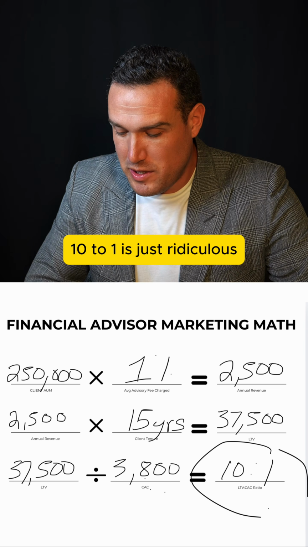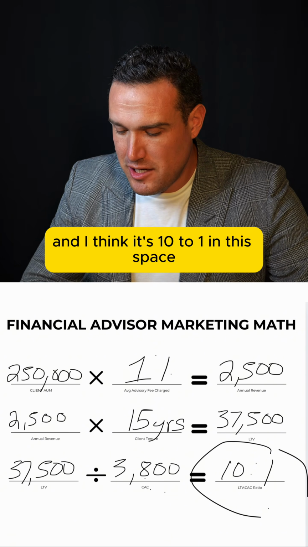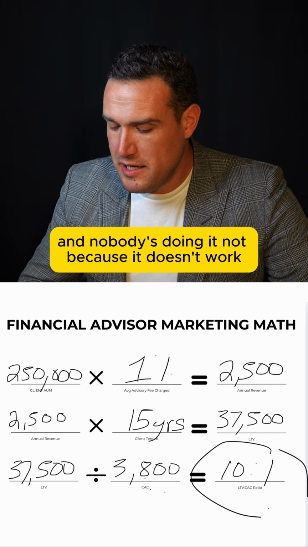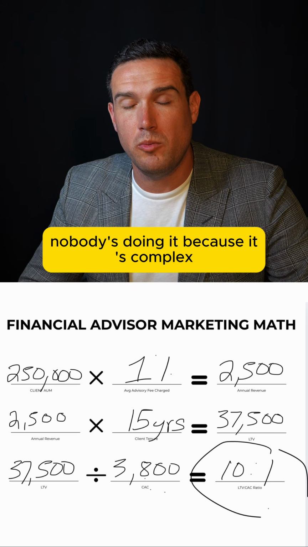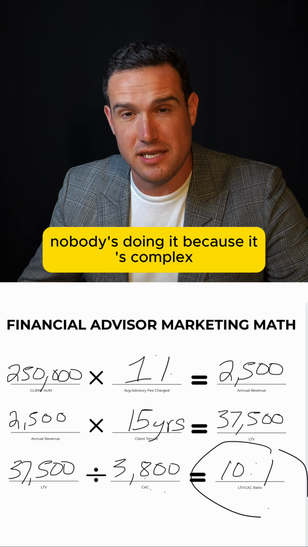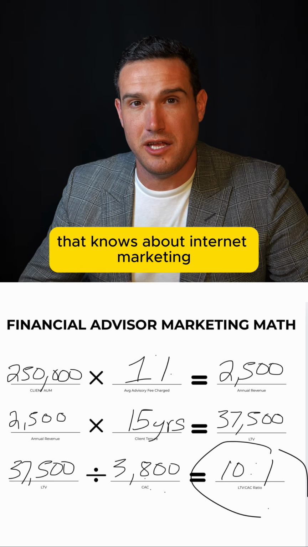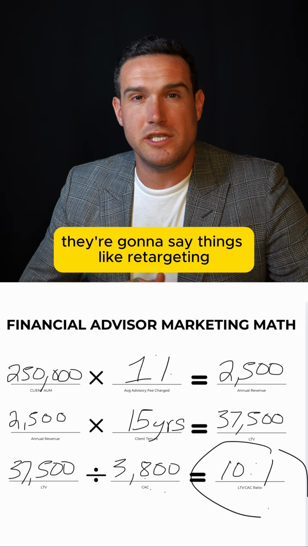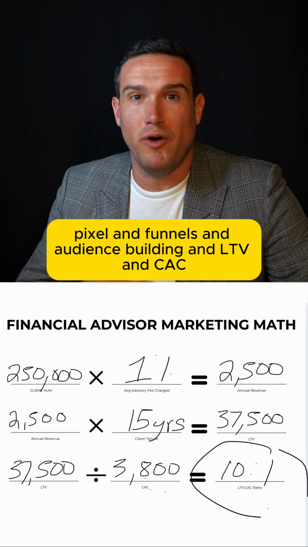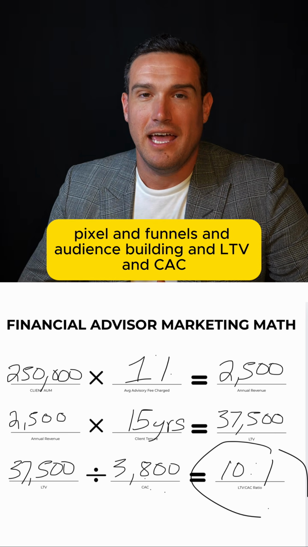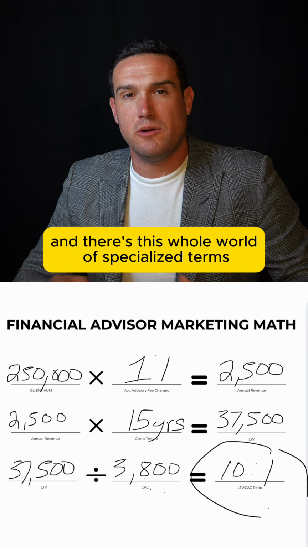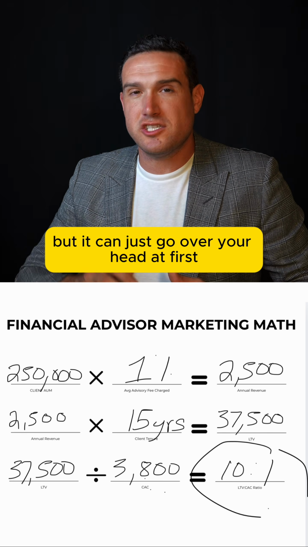10 to 1 is just ridiculous, and I think it's 10 to 1 in this space because nobody's doing it. And nobody's doing it not because it doesn't work. Nobody's doing it because it's complex. And when you start talking to somebody that knows about internet marketing, they're going to say things like retargeting pixel and funnels and audience building and LTV and CAC. And there's this whole world of specialized terms that are really important, but it can just go over your head